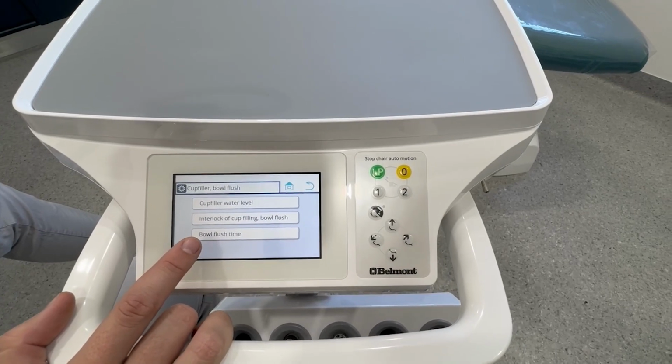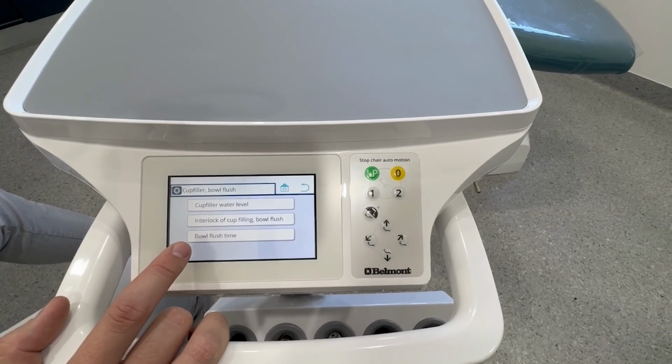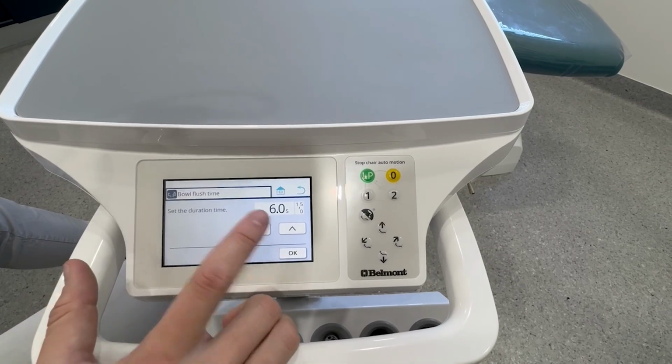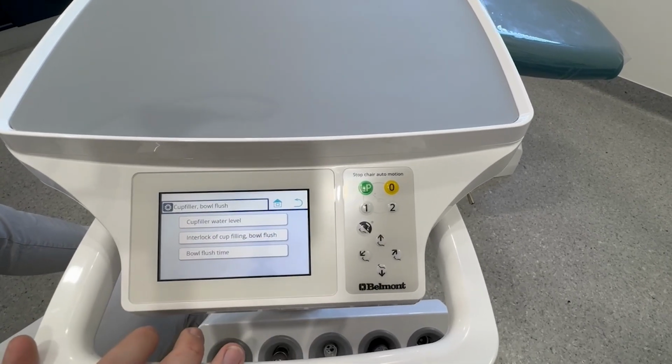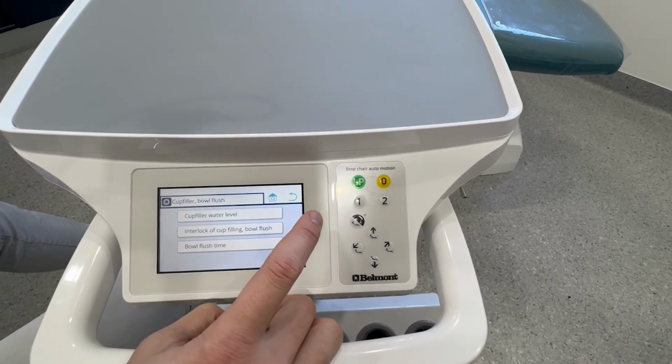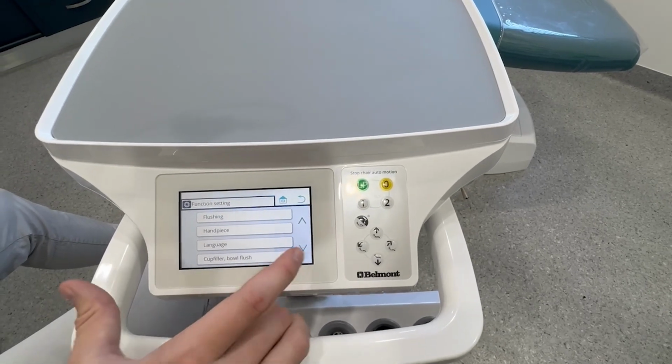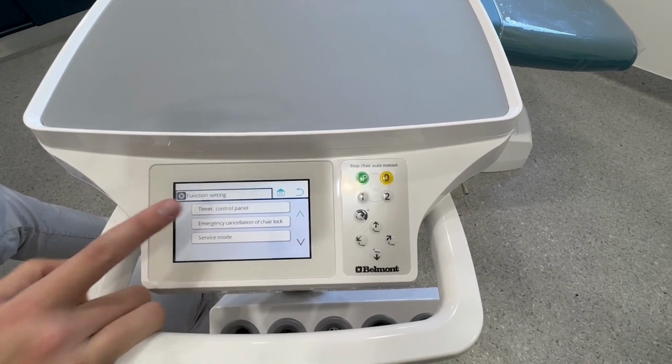So we can also adjust the flush time there of the bowl rinse. So you just go in there and adjust that, all fairly self-explanatory. Of course, we just hit OK or save in all these functions if we need to lock that in as a preset. So going back to our main screen there again, if we keep going down, we've got timer control